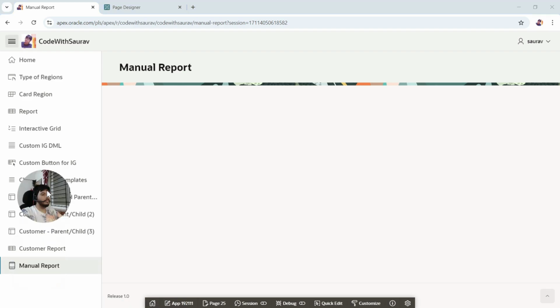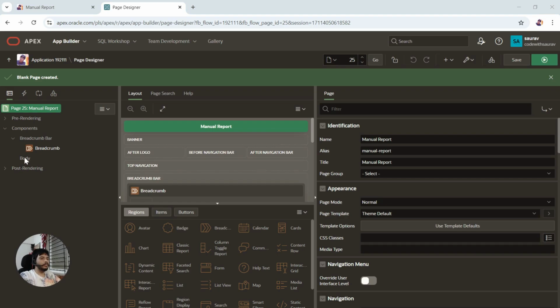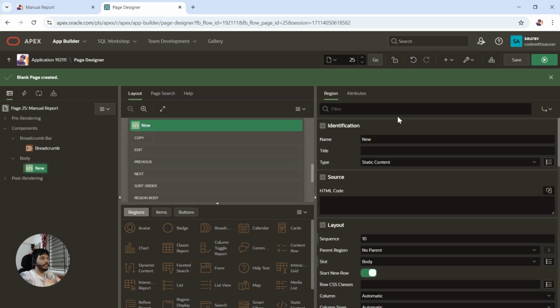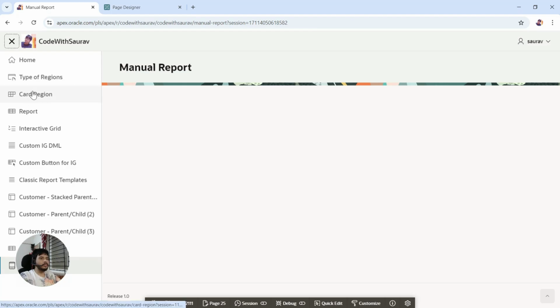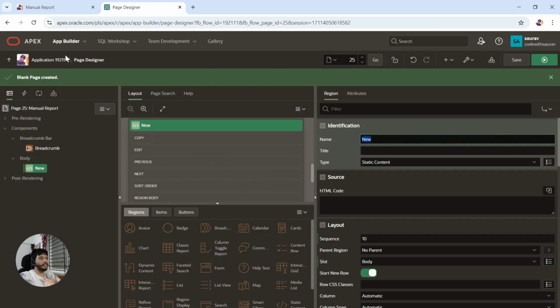And here we have this icon over here, right? Let it be everything as it is. Fine. So I'm going to create a body. Click create. By the way, I already have explained to you about the reports and everything. So this manual report is going to be the same thing. It's a repeating thing, but yeah, we'll just quickly create